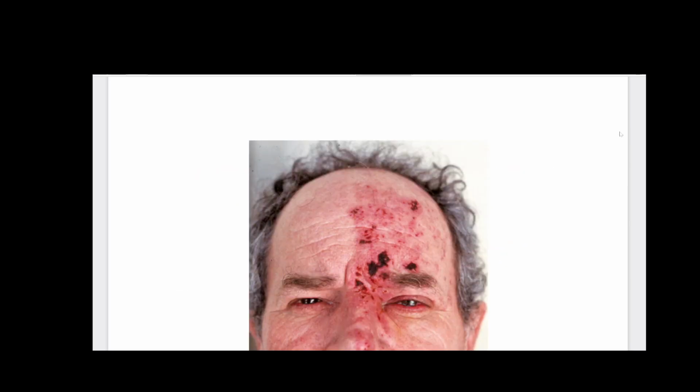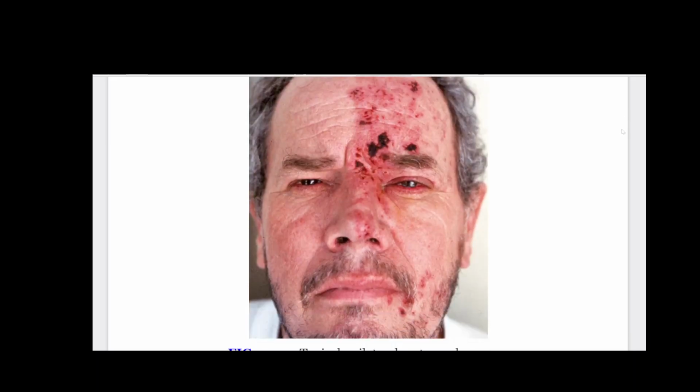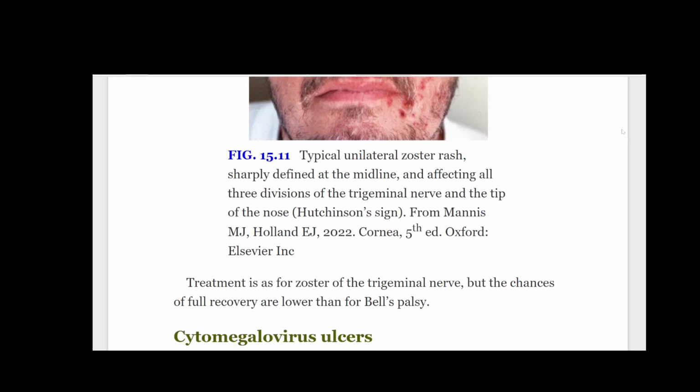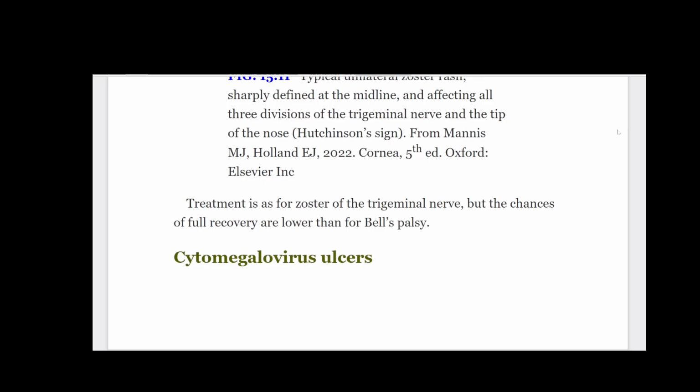Pain is severe. Fig. 15.11: Typical unilateral zoster rash, sharply defined at the midline, and affecting all three divisions of the trigeminal nerve and the tip of the nose, Hutchinson sign. From Mannis M.J., Holland E.J., 2022, Cornea, 5th ed., Oxford: Elsevier Inc. Treatment is as for zoster of the trigeminal nerve, but the chances of full recovery are lower than for Bell's